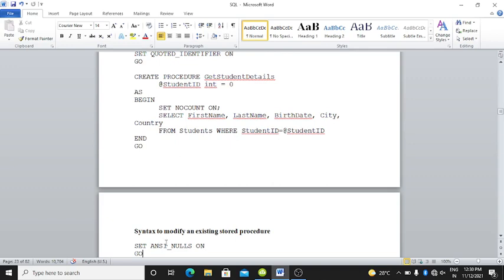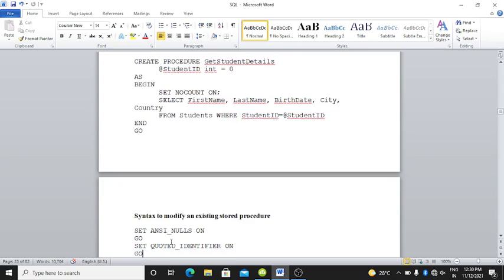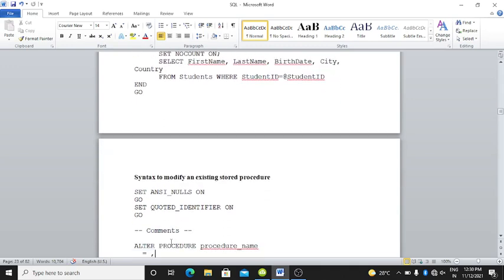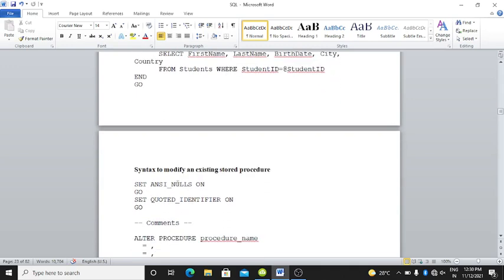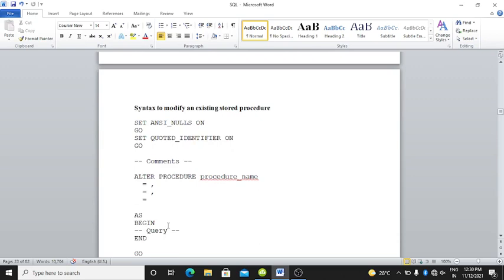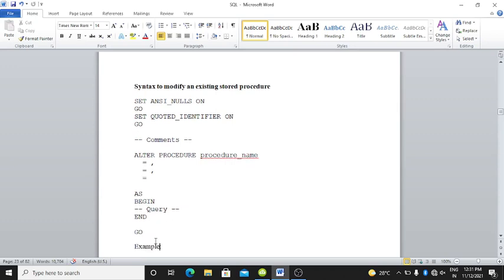Okay, here is the syntax to modify an existing stored procedure. SET ANSI_NULLS ON, GO, SET QUOTED_IDENTIFIER ON, GO. Then a comment, here ALTER PROCEDURE procedure_name, parameter = value, comma, parameter = value, AS BEGIN, the query, END GO.